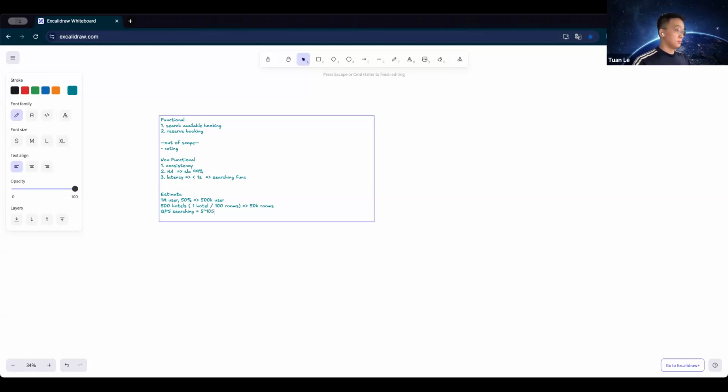So 10 to power of 5 active user, and 10 requests each, so we have 10 to power of 6.